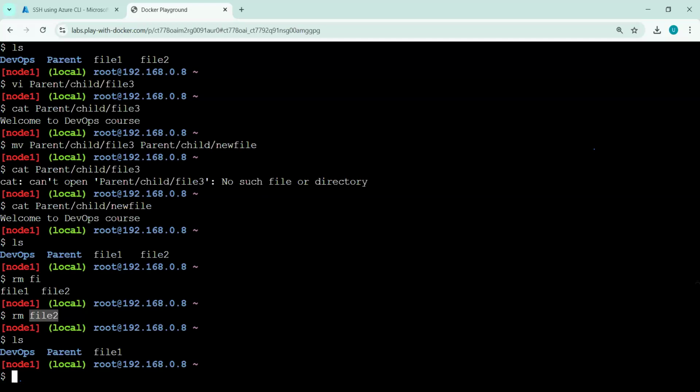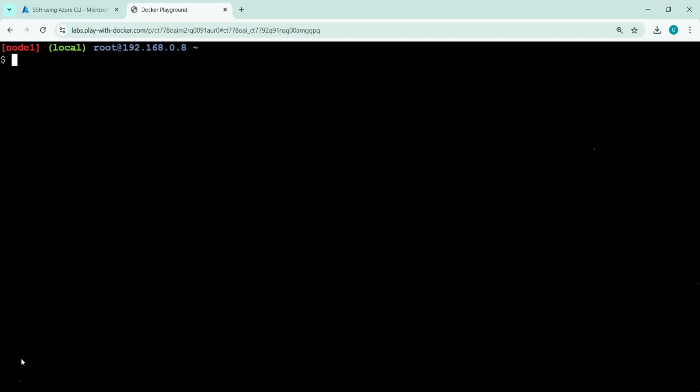Okay, now let's say we want to remove this directory DevOps. Okay, let me clear again. So how can I remove this? We learned rm to remove the files, but let's try the same command.